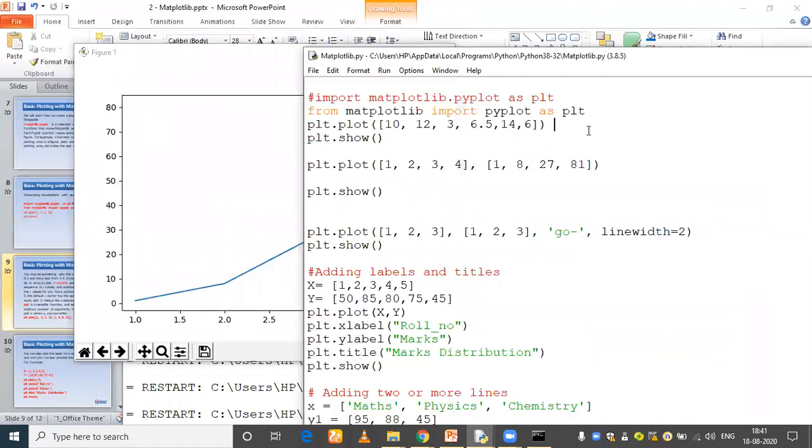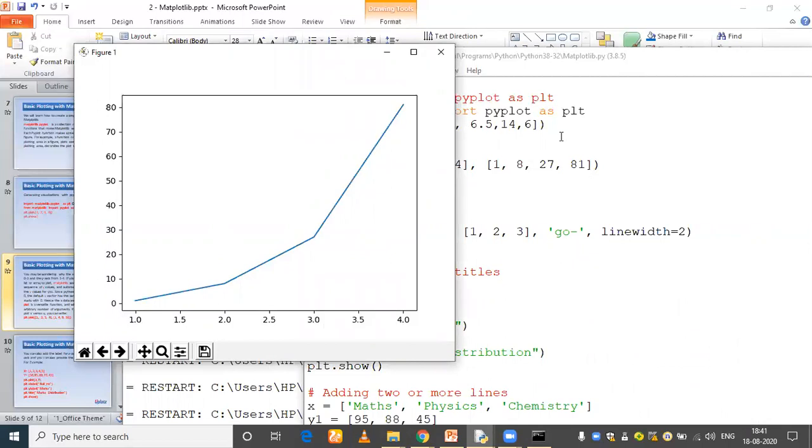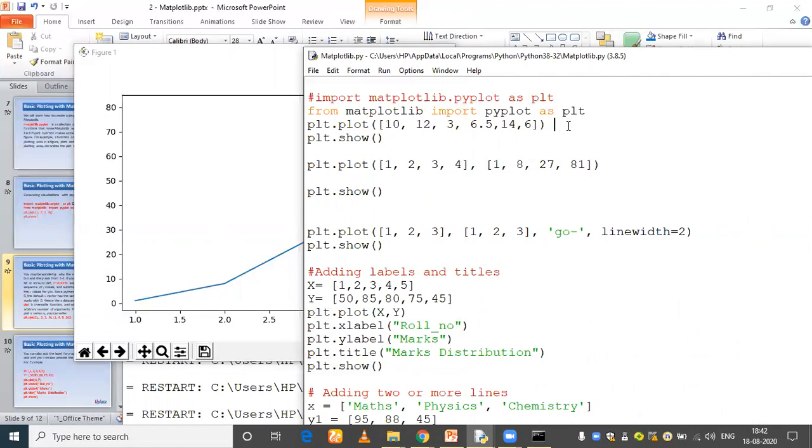Yes. Got it? Yeah, so I hope you got it. Is it easy to create a plot with the help of matplotlib? Yeah, it's very easy. Just import like this, import matplotlib.pyplot as plt, or you can use it like this also. Let's suppose if you want to verify it, I will make this a comment. Okay, import matplotlib.pyplot as plt.